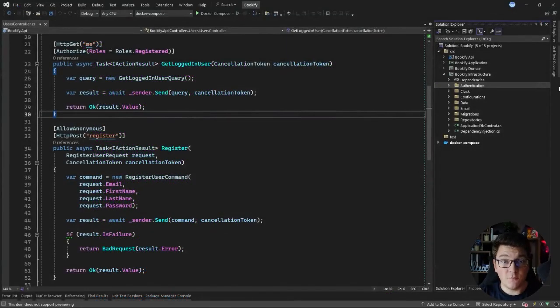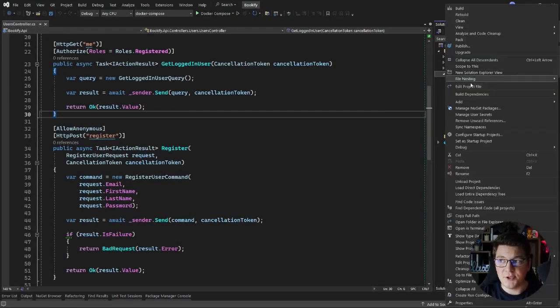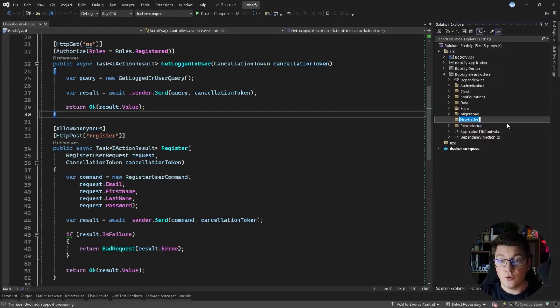ASP.NET Core has support for modifying a user's claims. You can do this through the IClaimsTransformation interface, which I'm going to use inside of the